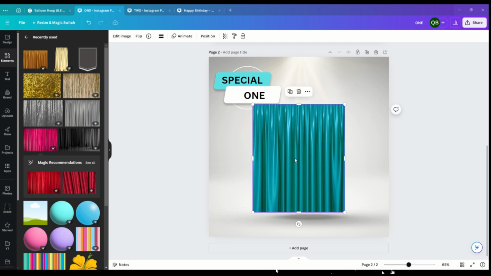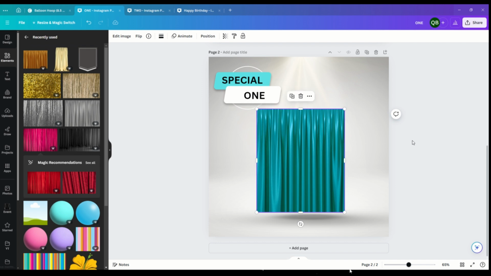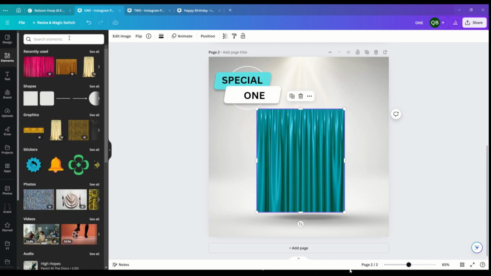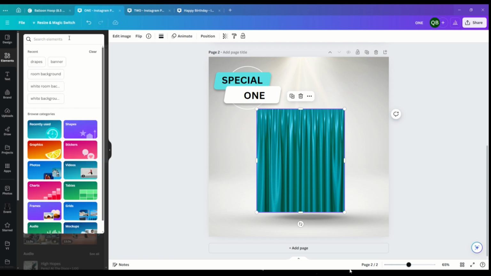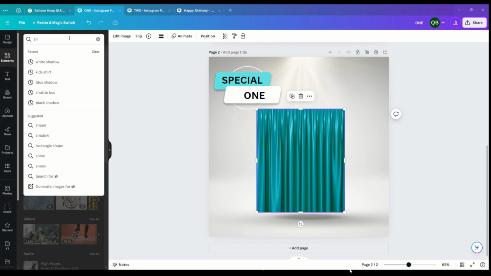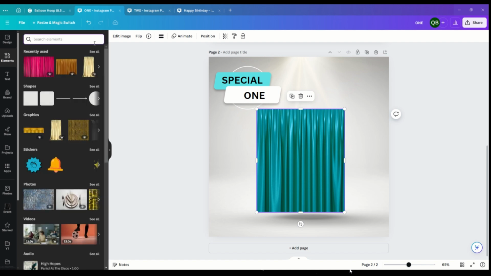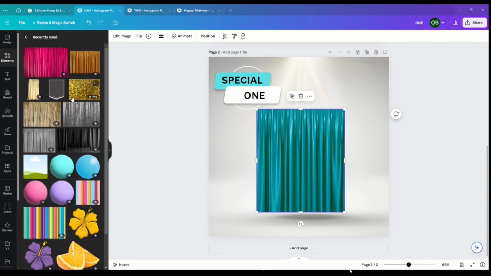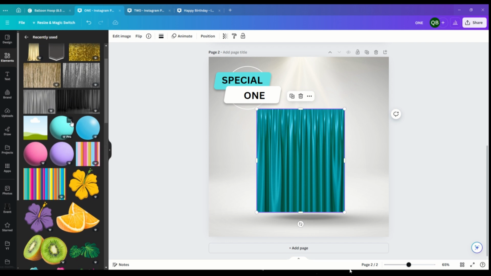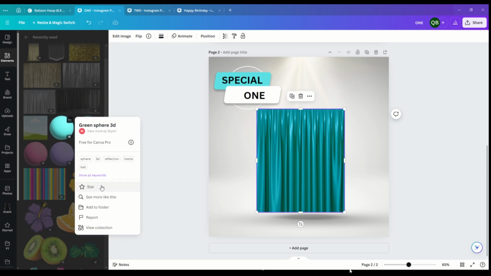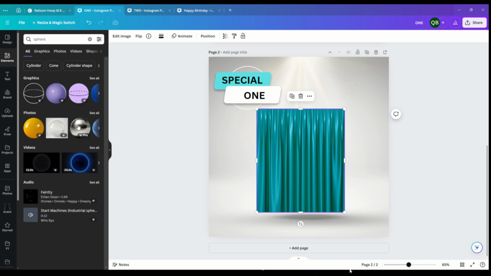But this is going to be the one that I use, okay? Now that I've chosen this, we are going to go into elements once again, and I am going to type in sphere. Now, if you've watched my previous videos, you will see that I use the sphere quite often,